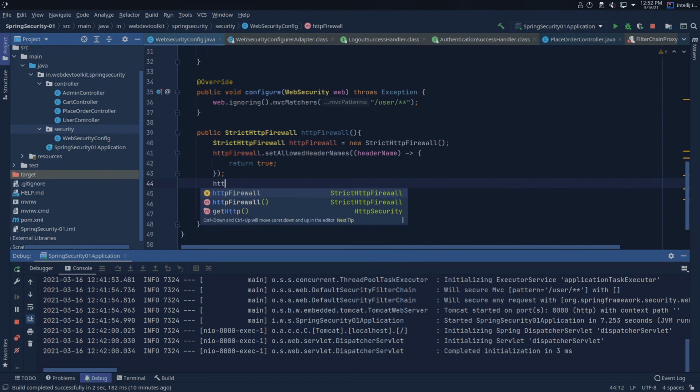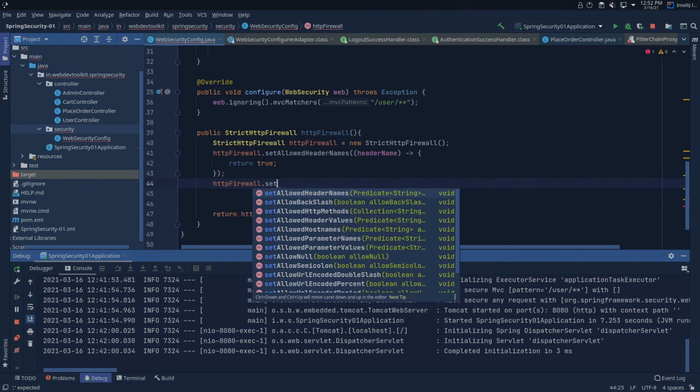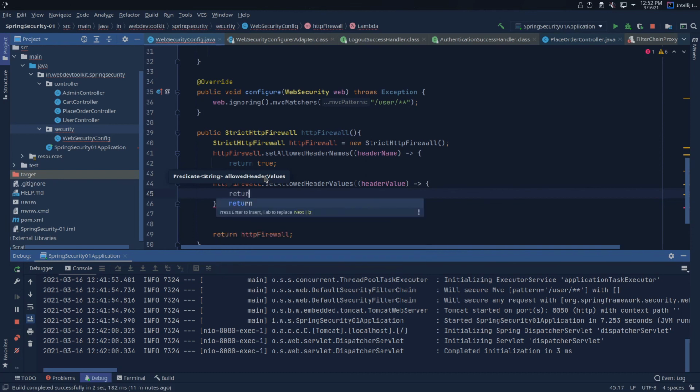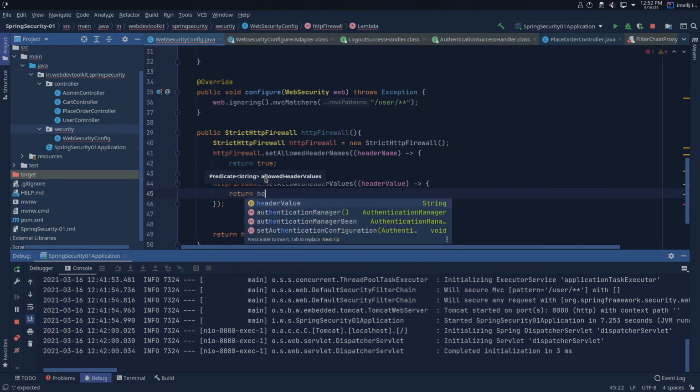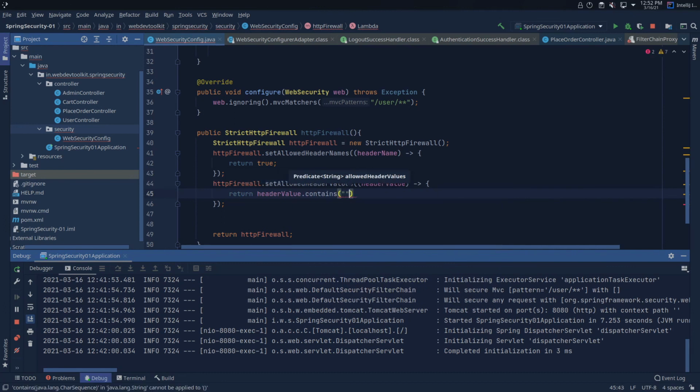Similarly, you can also sanitize the header response. Set allowed header values: you will get a predicate as the header value, and you can return, let's say, in our case, slash r.